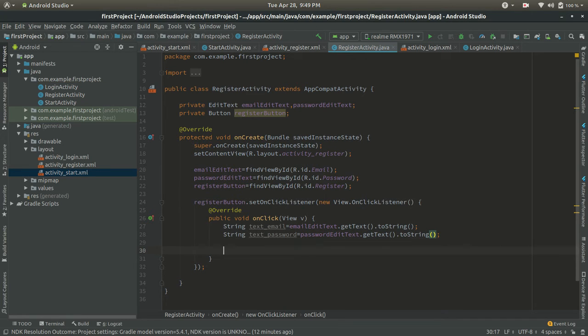And now we will check whether email or password is empty or not.